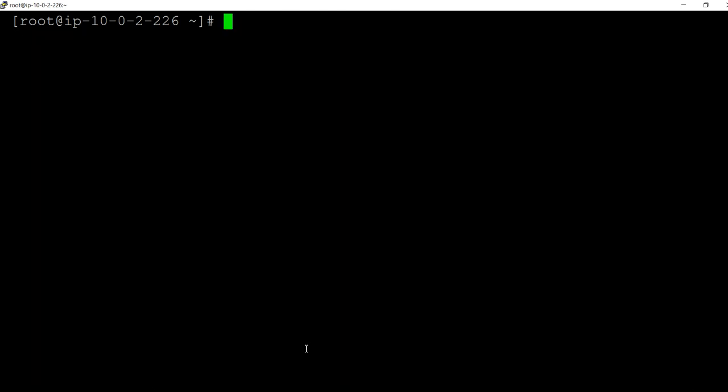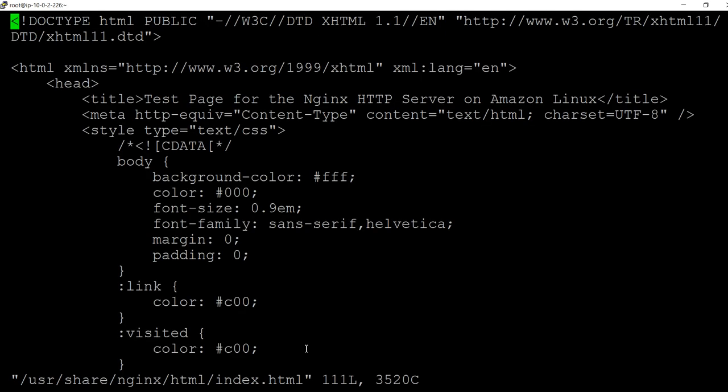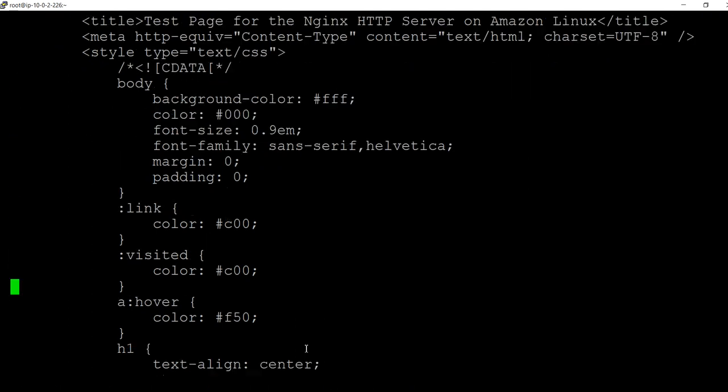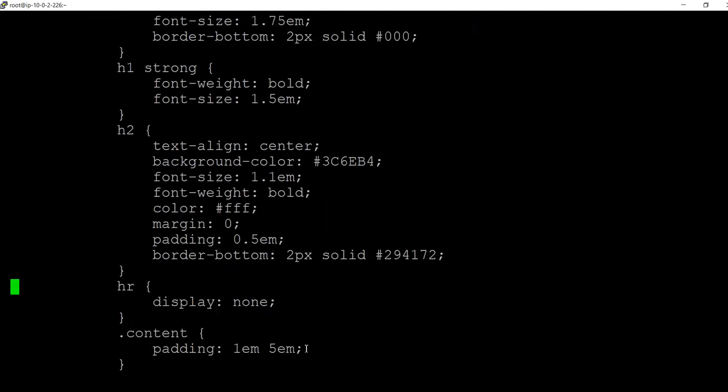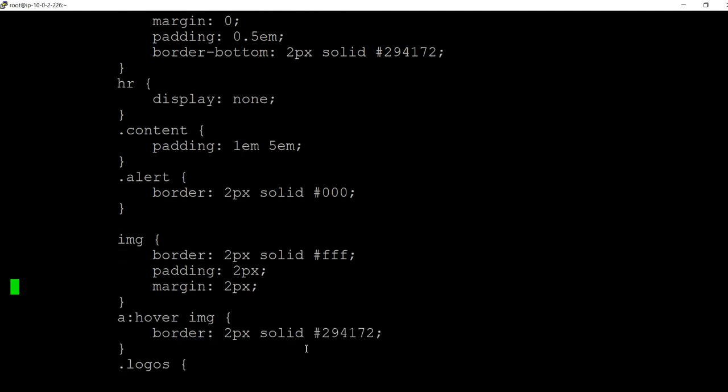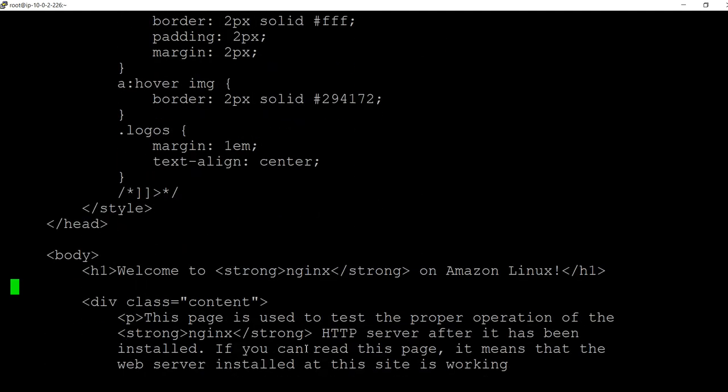Same thing I'll do here. cd, I can directly modify by using vi. See how I can modify that one: user share nginx, under nginx html, index.html. I can directly modify here also. I have shown you how to navigate to the folder in the previous server. So in this server,